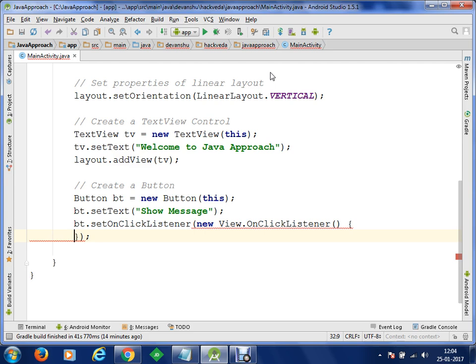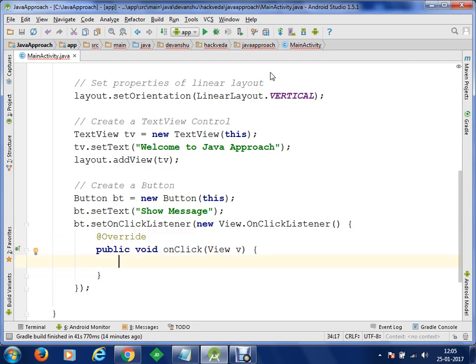We are just waiting. IntelliSense is writing the method. So now you can see that you have got the method somewhat like this here.